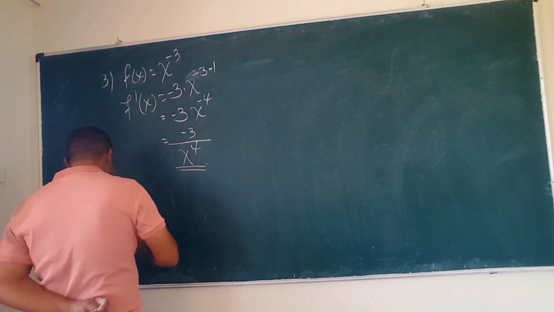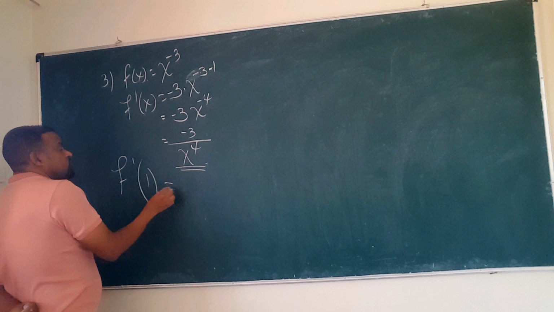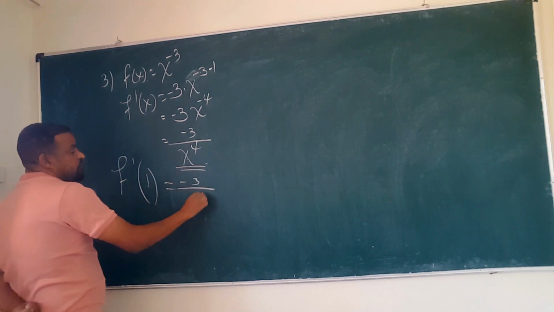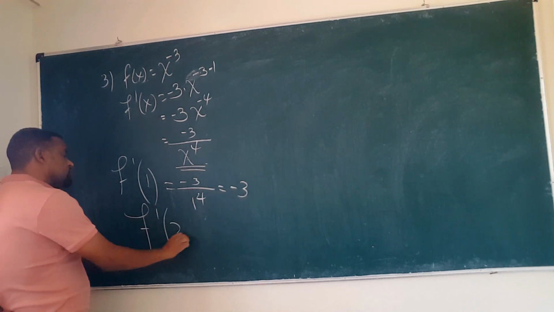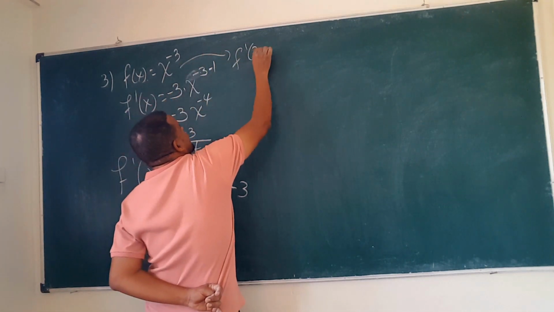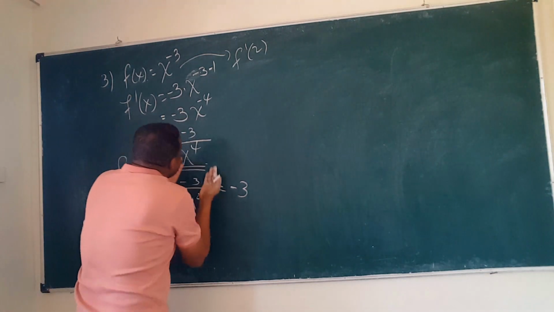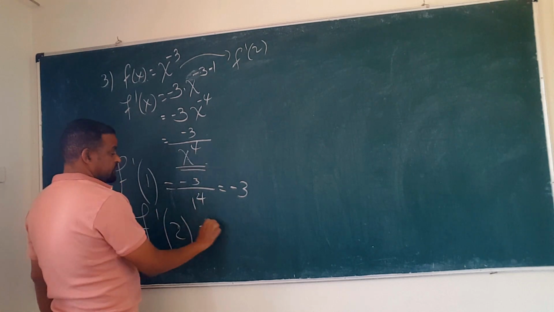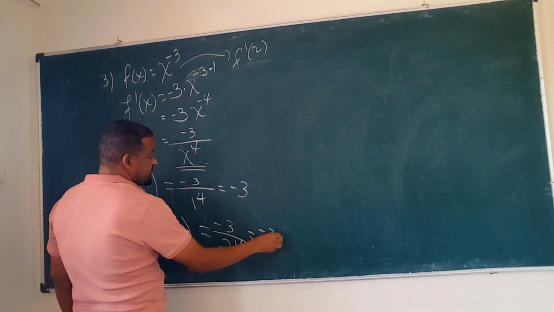For example, the derivative of this function at 1: put 1 in here, negative 3 over 1 the power of 4, which is negative 3. Or the derivative at 2: first you differentiate the function, and after that you put in 2. Here we put 2, to the power of 4, so negative 3 over what